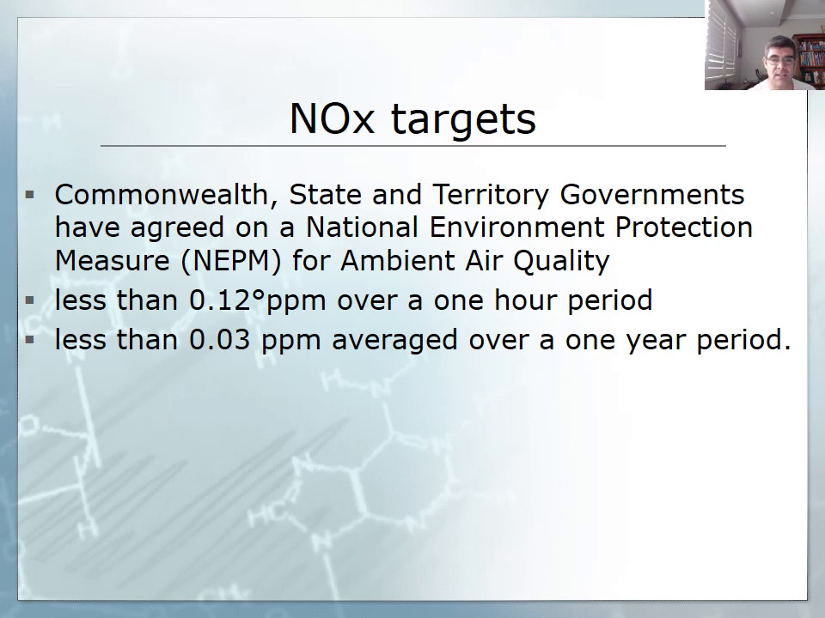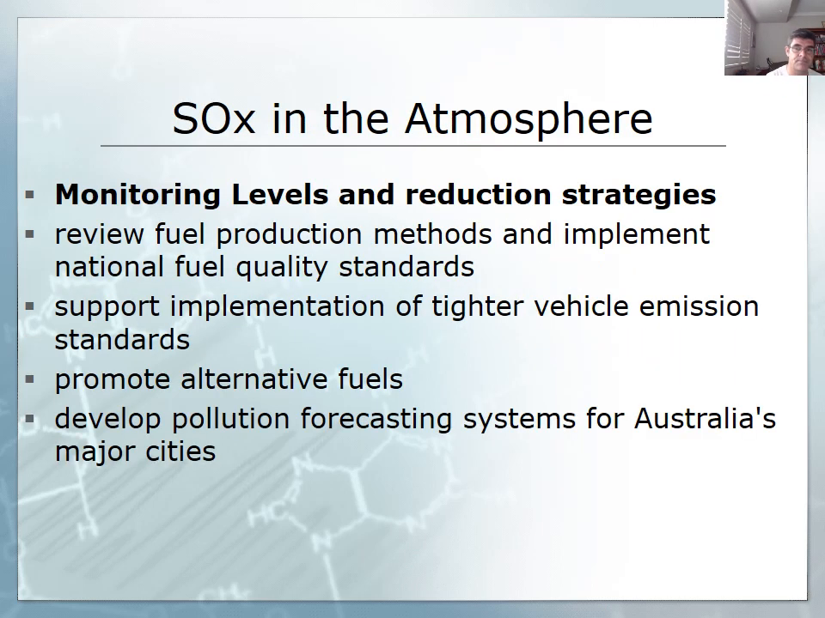In terms of targets, the aim is less than 0.12 parts per million over a 1 hour period, and less than 0.03 parts per million averaged over a 1 year period. So these values are very, very low and designed to ensure the safety of humans. In order to maintain ambient air quality, it's the NEPM that is responsible for these levels and monitoring. The same thing has to happen with the sulfur dioxide levels,